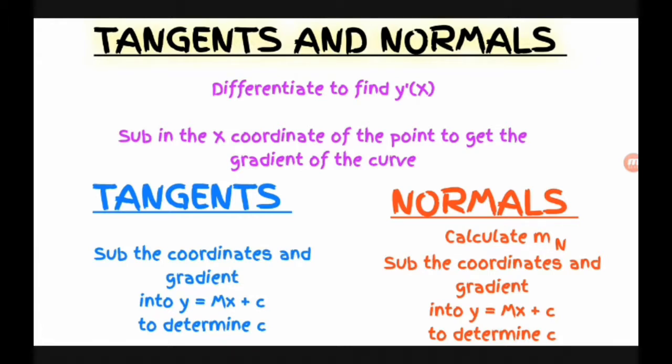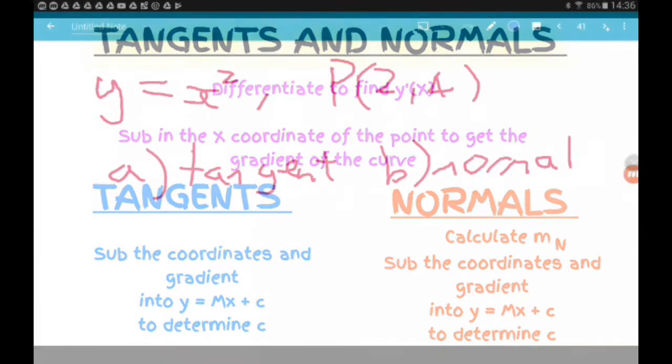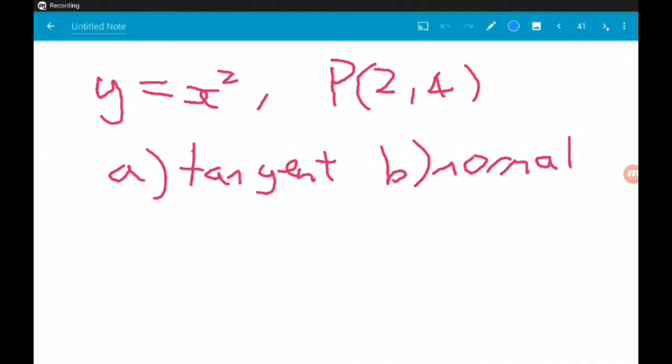We're going to do one example here, quite a simple example, and then in the next video we will do many more, which will be linked down below in the description. Okay, so for this example we're using the function y equals x squared, and the point we are interested in is (2, 4). For part A we want to find the tangent,